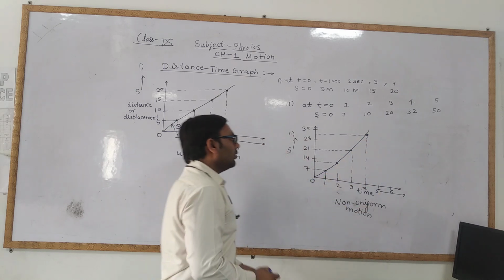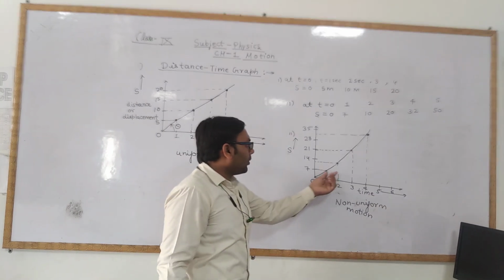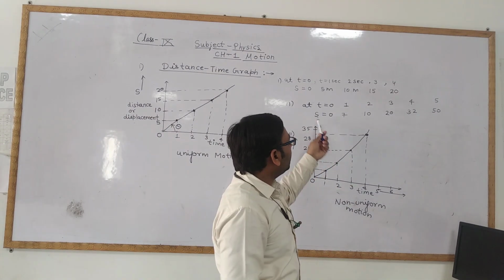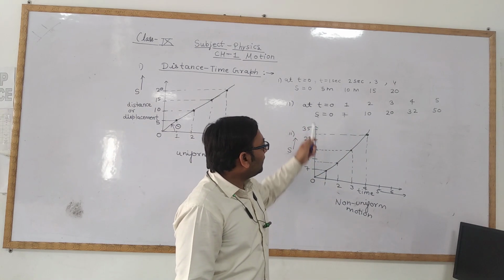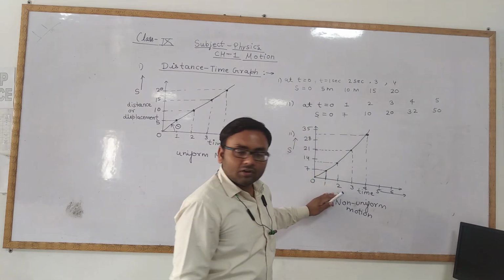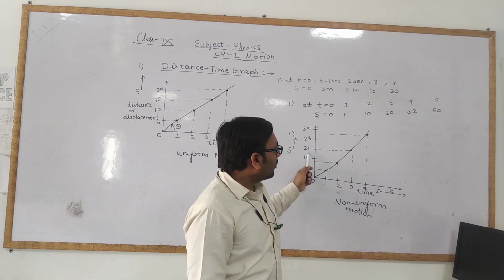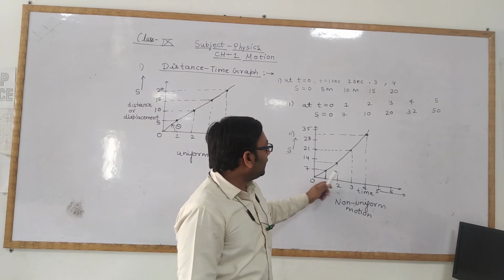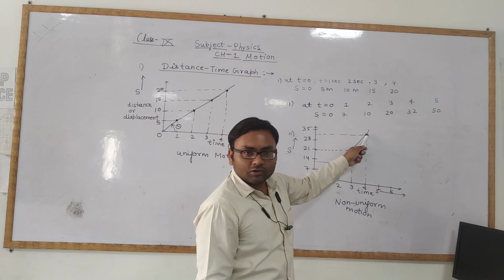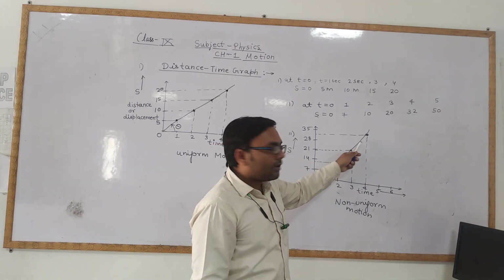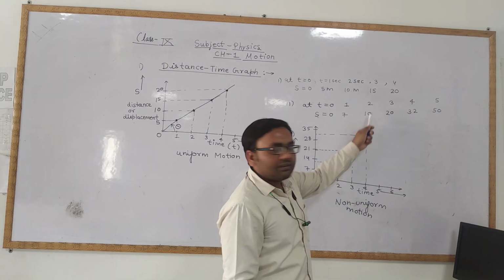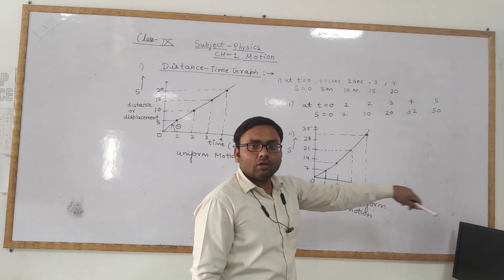a curve. Okay? When the object has non-uniform motion, and we plot the distance or displacement time graph of an object moving non-uniformly, you will see that all the points that we have plotted here are not in a straight line. When we join all these points, you will get a curve rising upward or rising downward also,